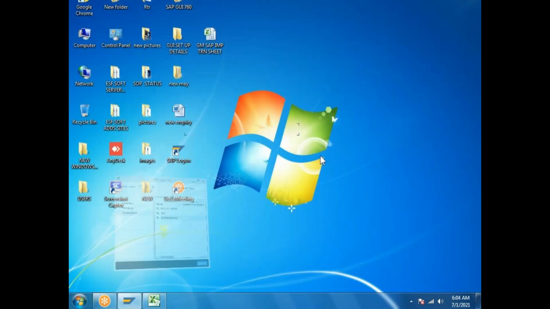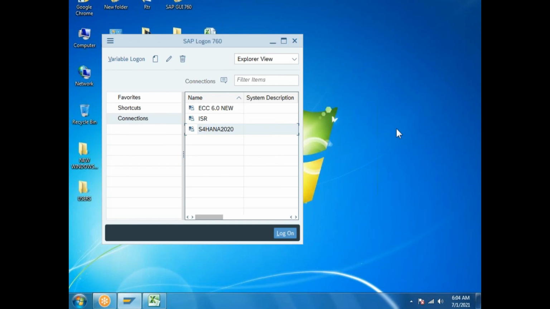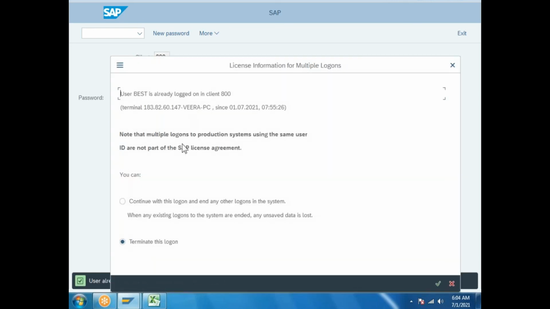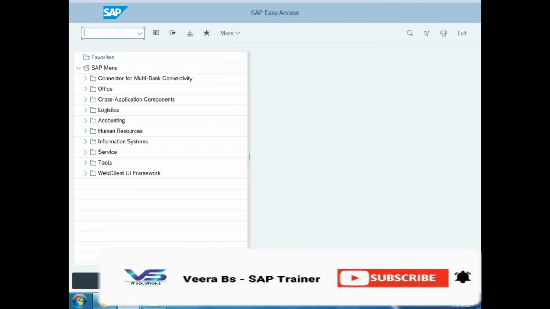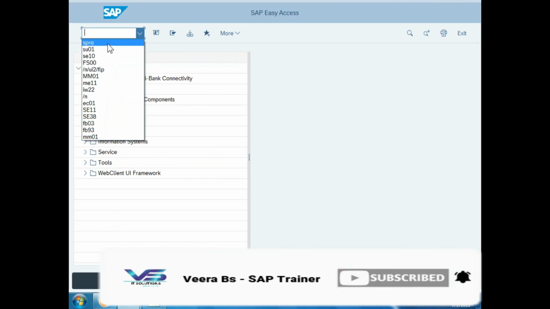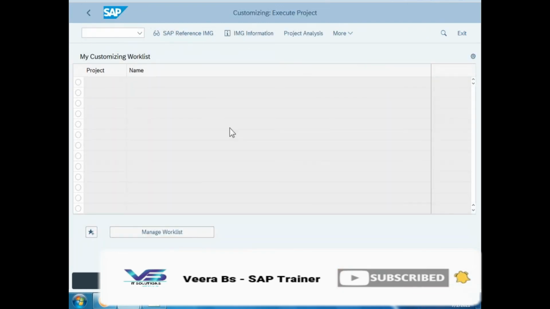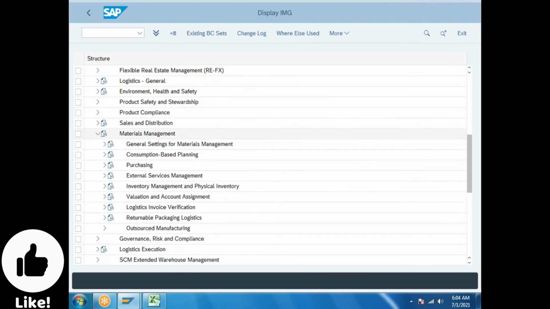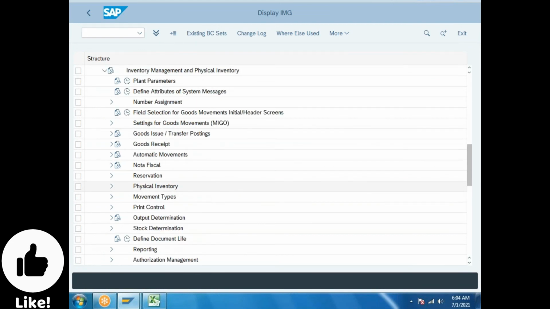So what is the movement type? SAP provides 101. Inventory management.